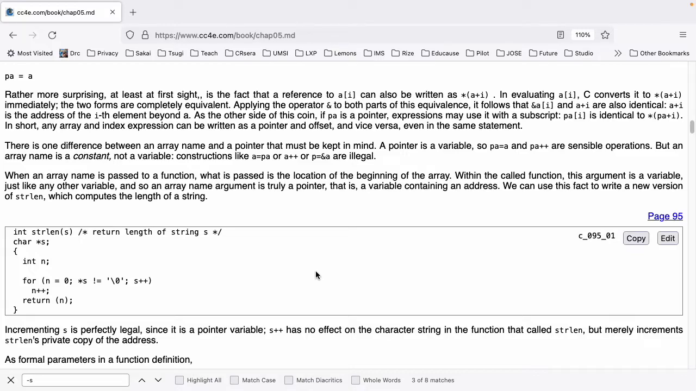When an array name is passed to a function, what is passed is the location of the beginning of the array. Within the called function, this argument is a variable, just like any other variable. And so an array name argument is truly a pointer, that is, a variable containing an address. We can use this fact to write a new version of strlen, which computes the length of the string. The sample code is on page 95 of the book, and you can see it at